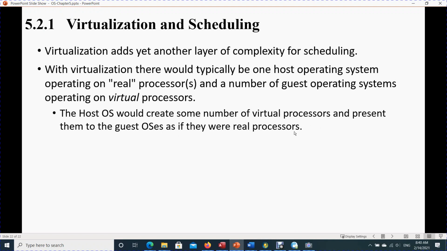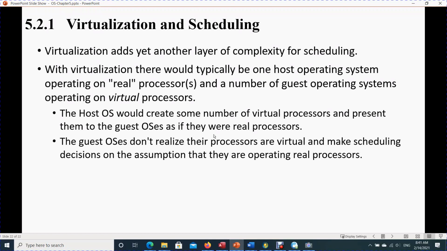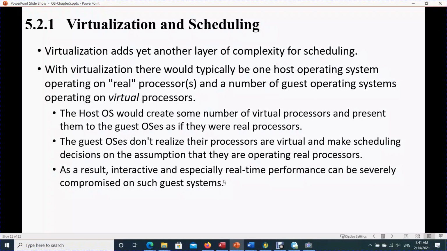The guest operating systems are then executed by virtual processors just the same as if they were real processors. The guest operating systems, of course, don't have any reason to operate as if they were anything but real processors. They make all of their scheduling assumptions, assuming that the processors they're executing on are physical, real CPUs, and